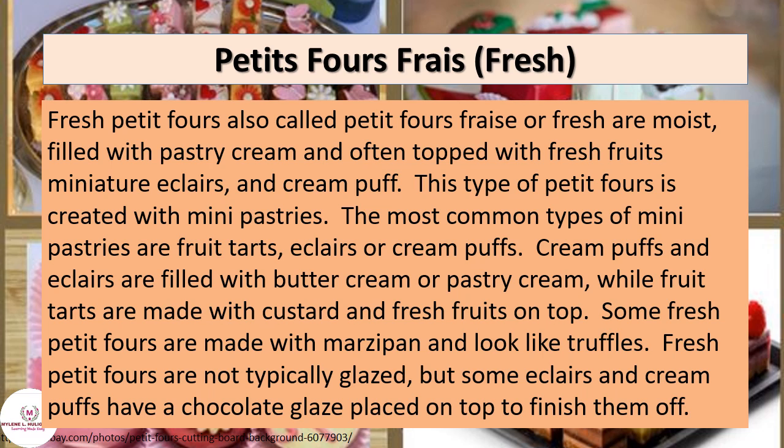Fresh petits, also called petits frais, are moist, filled with pastry cream, and often topped with fresh fruits, miniature eclairs, and cream puffs. This type of petits is created with mini pastries. The most common types of mini pastries are fruit tarts, eclairs, or cream puffs. Cream puffs and eclairs are filled with buttercream or pastry cream, while fruit tarts are made with custard